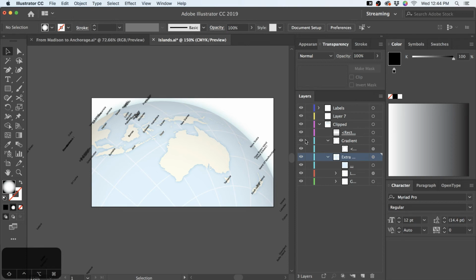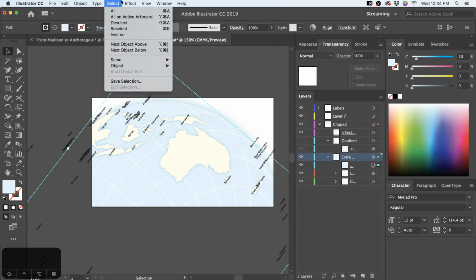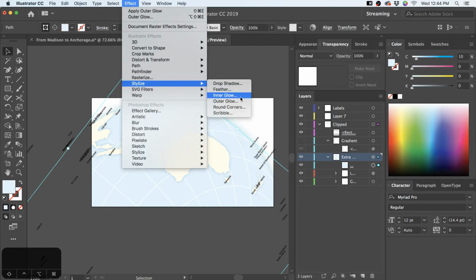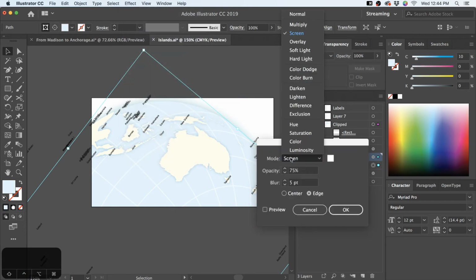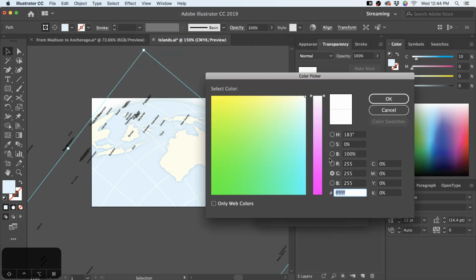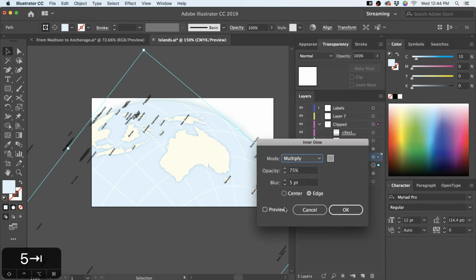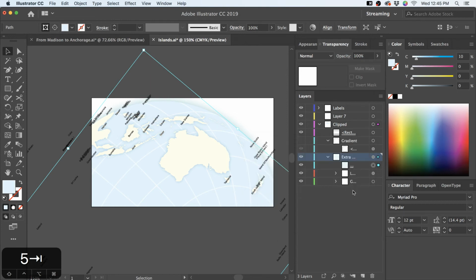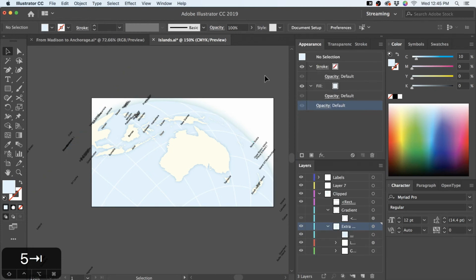Yeah, so the other thing I was going to test too was could I have just done this edge effect with a glow on my clipping mask? I'm not sure I could, because I don't know if you can do inner glows on clipping masks. So I'm just going to test that for a second. Yeah, nothing's happening. So that's why I did that gradient, because clipping masks sometimes have special rules and you can't apply certain appearance effects to them. So now I know why I did the gradient.